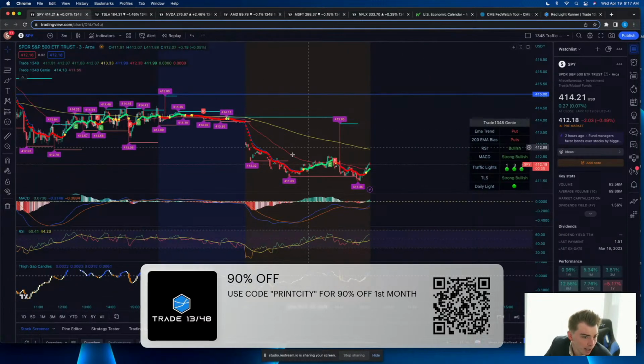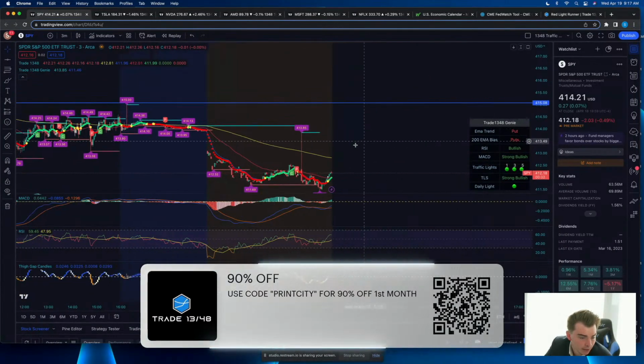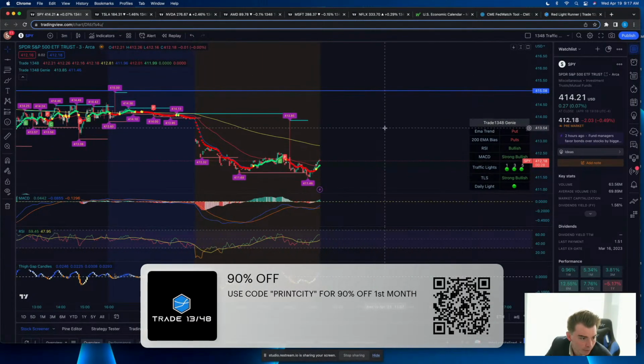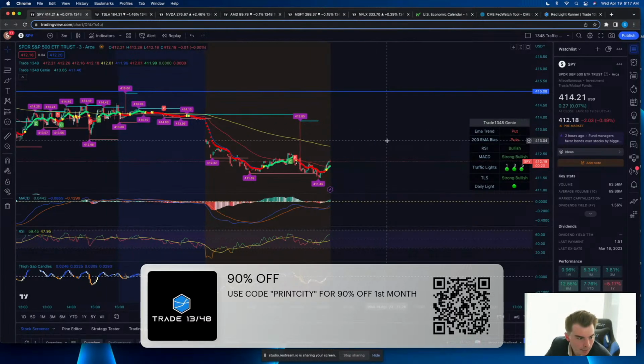What I really want is just a big move up to like 418, 420, and then dead. Then I'll be looking for big puts. But we'll see. Maybe this could be a day to start. Nah, Friday after data could be an interesting day to start hunting swings.